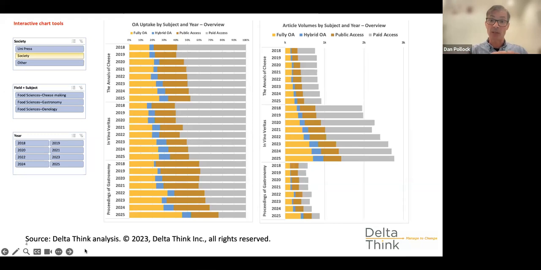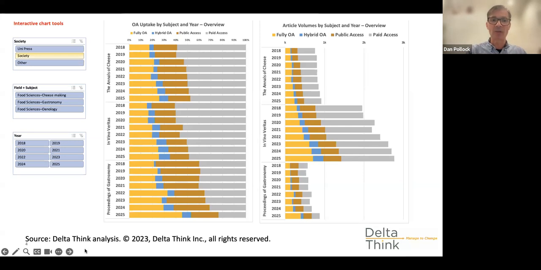So that means it's free of charge to read, but doesn't necessarily have a reusable or Creative Commons type license attached. And that's the kind of brown. They're meant to be bronze, but bronze doesn't really work in Excel and PowerPoint. So the second chunk from the right, that's our public access uptake. And then finally the grey bars on the right are the closed or subscription output.